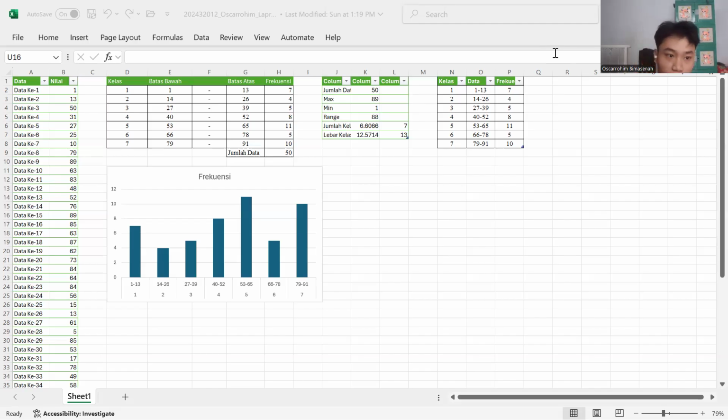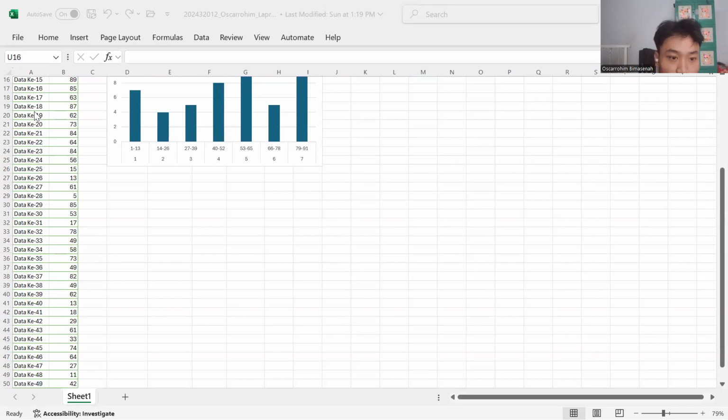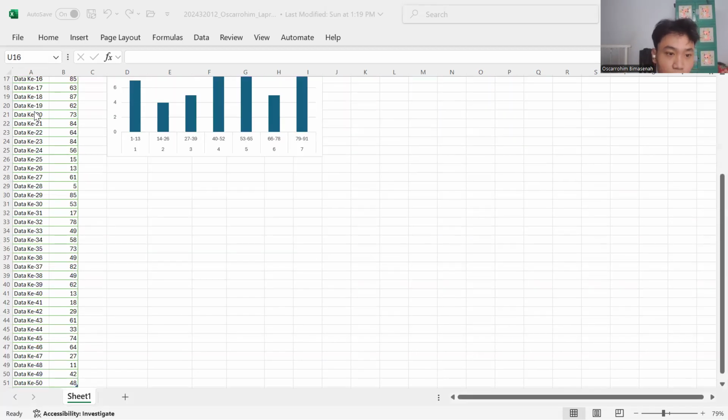The first step is the data overview. I start with a dataset consisting of 15 numbers spread across 5 columns and 10 rows to make it easier to work with. I combine the data into a single column in Excel, and I put the full data in one row like this.